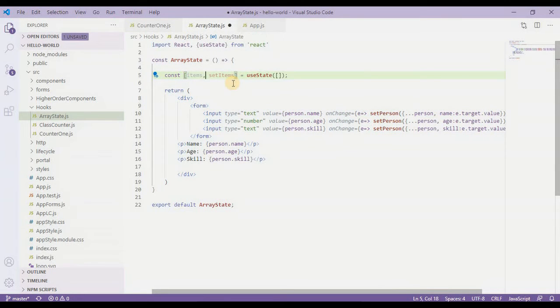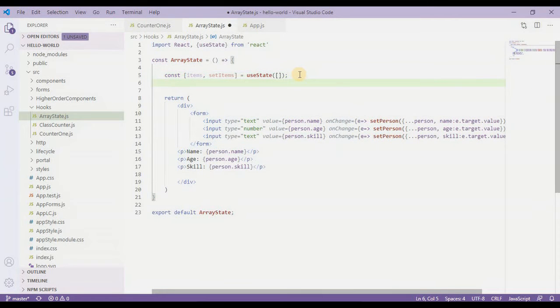Or maybe instead of incremental value, we'll have some other stuff, like okay, let it be array, and also we need another variable over here which will have the current name, like the item, and then set the item, something like that, and useState, and initial value it is going to be an empty string.